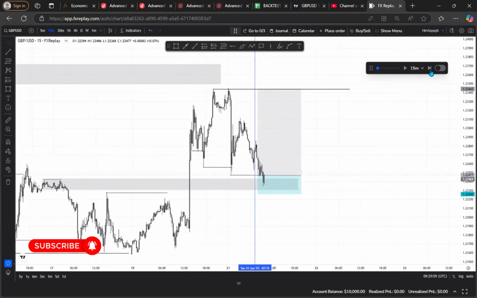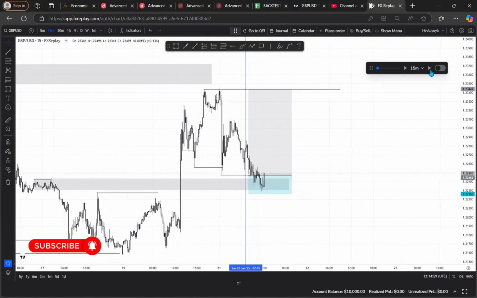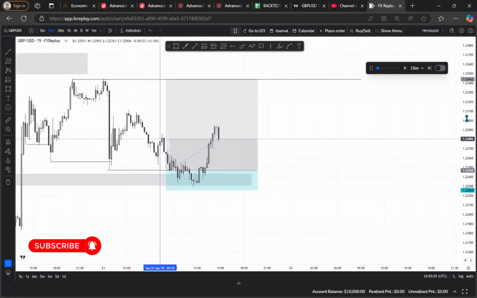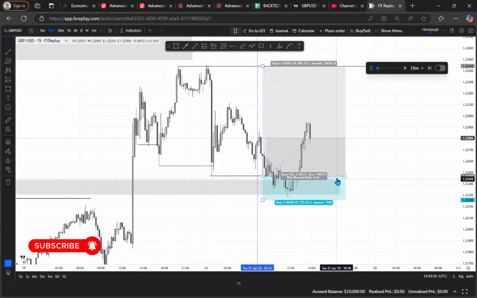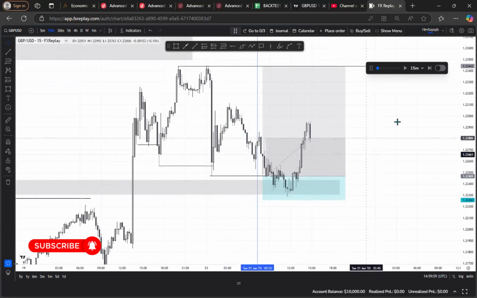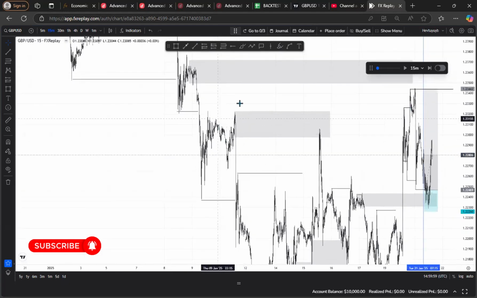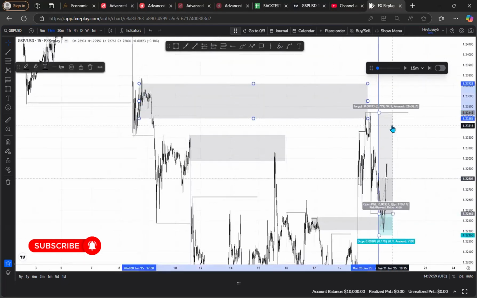Price can target, play around that area for a while. Now, when price took off from here, I started paying attention to what price was doing from this area. Price is coming from somewhere significant here. Price is coming from this area, this is where price is coming from.